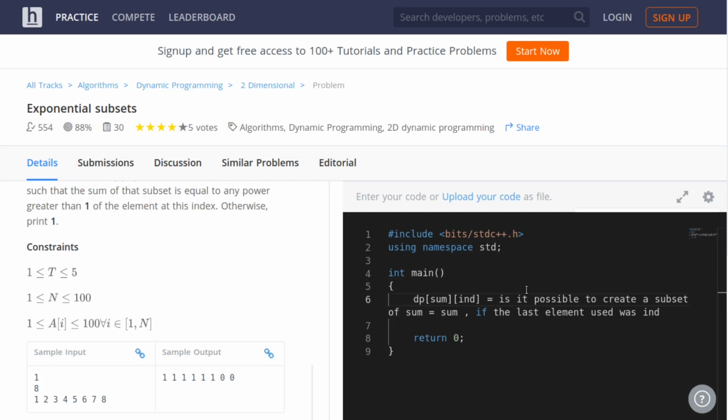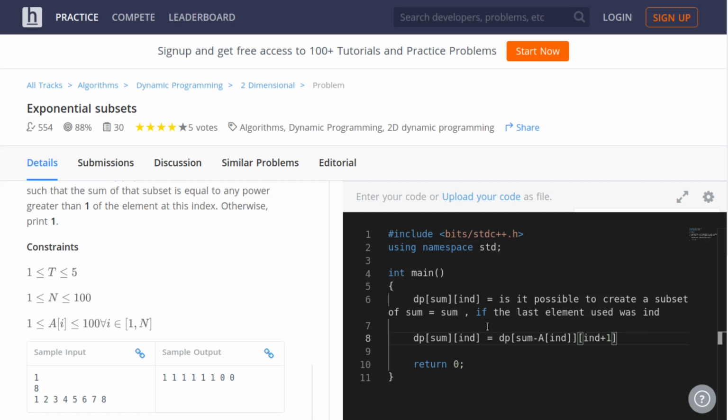So we can also write the recursive relation for the dynamic programming here. dp of sum, ind equals dp of sum minus a of ind, ind plus 1, if you have used this element. Now you want to make a sum of sum minus a of ind, and you will have to move to the next element, since you have used this element and cannot use it 2 times.